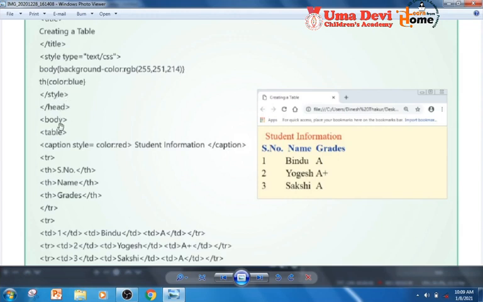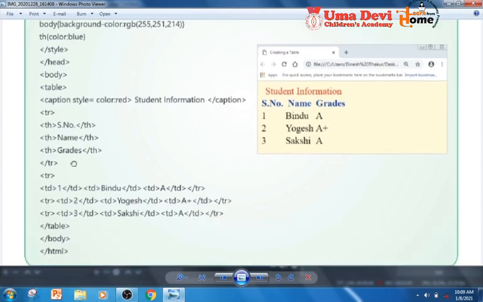Now in the body tag, they are making the table, so they have given the opening of the table tag. Then they have given a caption, the caption style, then they have started a table row, then table heading, then again table heading, table heading grades,